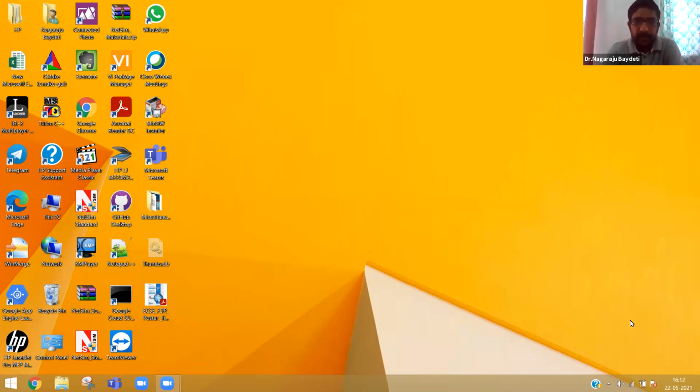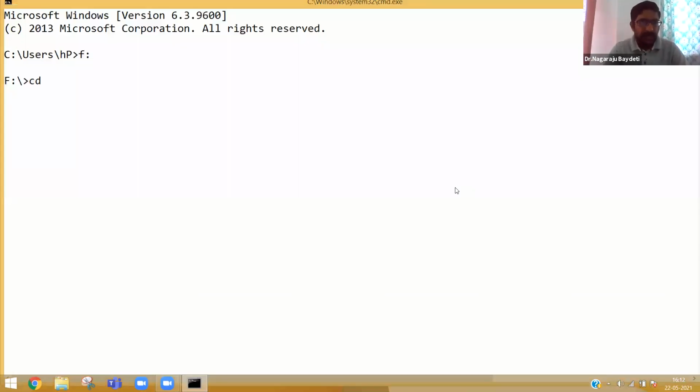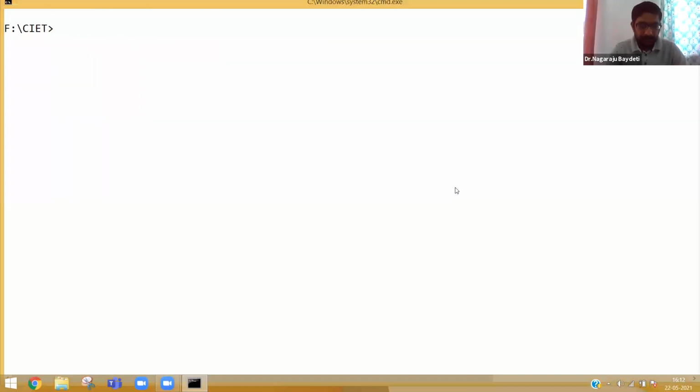For reading a file, you need an object. For writing a file or appending some contents, you need a file object. Based on the file object, you can do different file operations by using some methods. So with this brief recap, let us go to the directory where we are saving all our programs.